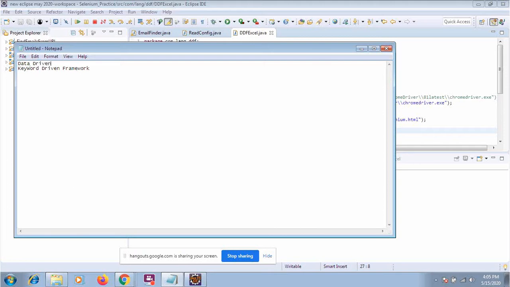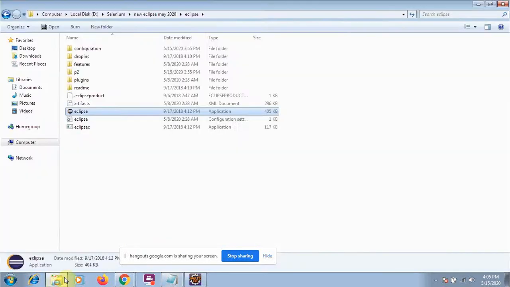Okay, data driven framework. So first of all, understand what is data driven and what is keyword driven. In the previous class I explained data driven, meaning when the application is dealing with data, then we use the data driven framework. But what do we mean by keyword? Keyword means when your application is dealing based on keywords, then it becomes a keyword driven framework. Let me explain a little bit.